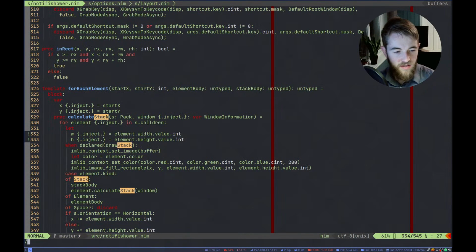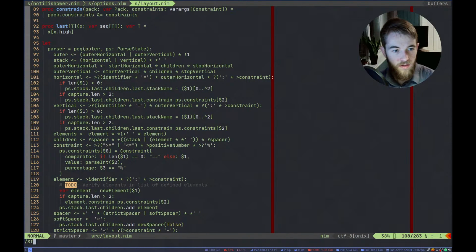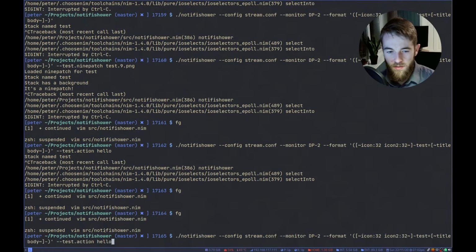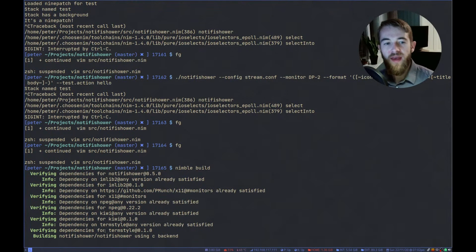Stack named test. Is it in here? No. In here? No. Is that just an old build? Right, there's an old build. Let's rebuild. Just get rid of that echo message.